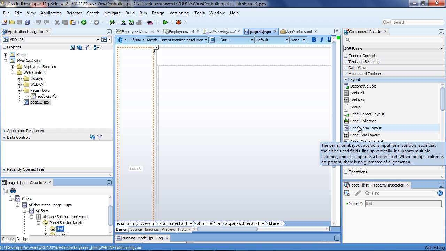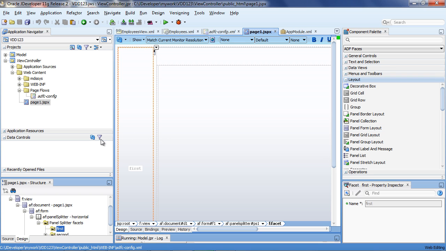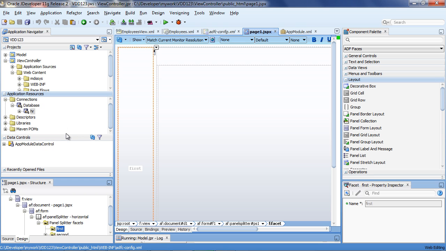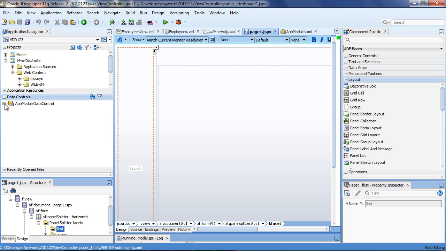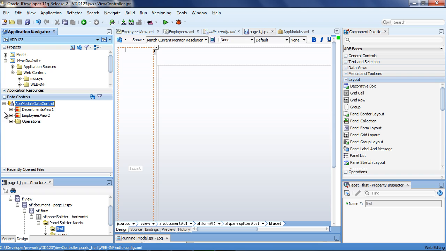But the other way we can do layout is, and again this is akin to the forms data block and layout wizard, where the business service or the blocks that you create can also be default layout on a canvas. Here's the business service we created earlier, departments, employees, and I can actually just drag and drop these onto a page.